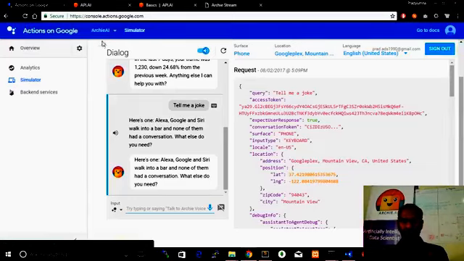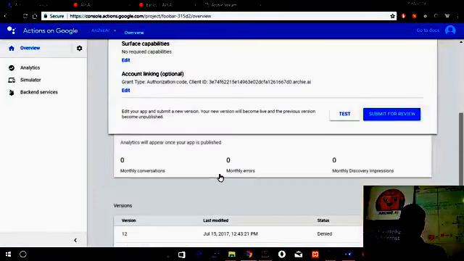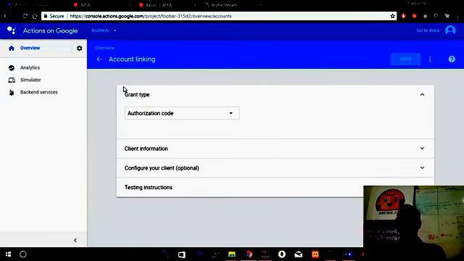And one more thing is account linking. That's one thing I rather missed out. What account linking is: you don't want to generate your app for a generic audience. You need to identify who is actually using your app, and what information you should provide to this unique user. Account linking helps us with that.